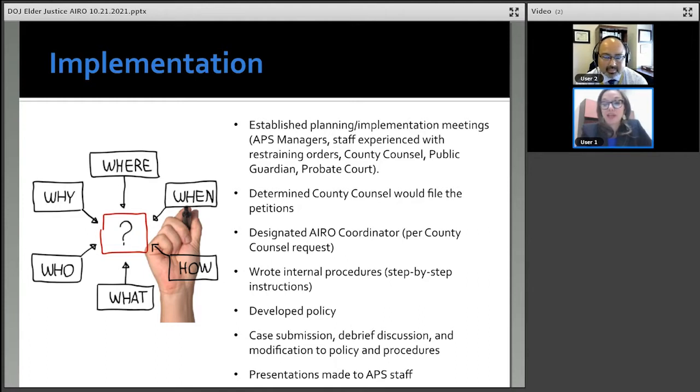We wrote down how the case went through, and it was a great method for this because, as you know, these are urgent. Someone's in danger, and we wanted to quickly act. So we were able to put it through the system and really write down how it went. And then at that point, once we knew how it would actually work in real life, that's when we finalized policy and made presentations to staff for training. I usually don't work backwards in that way, but in this case, it really helped.